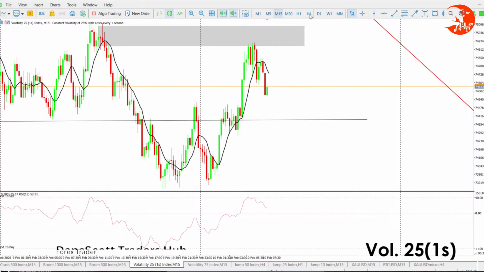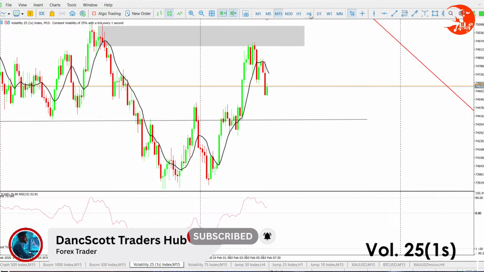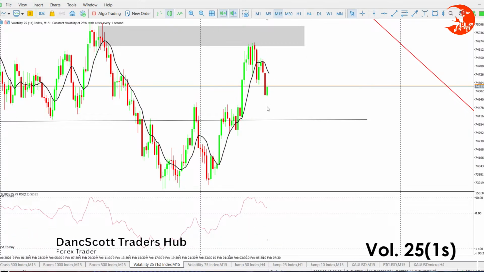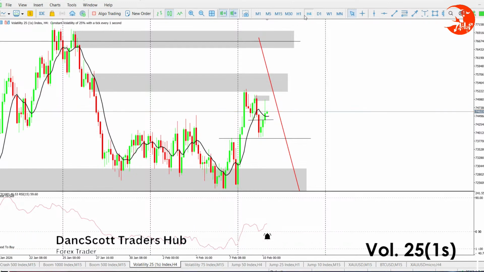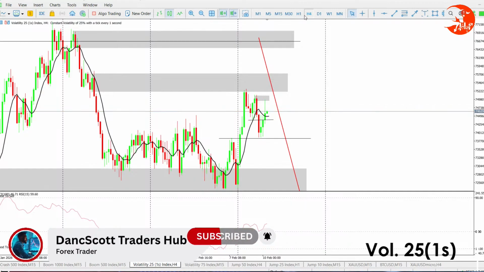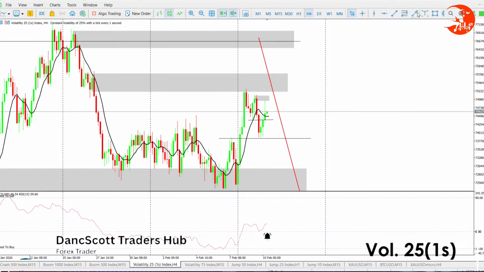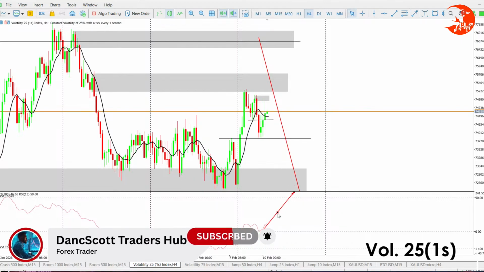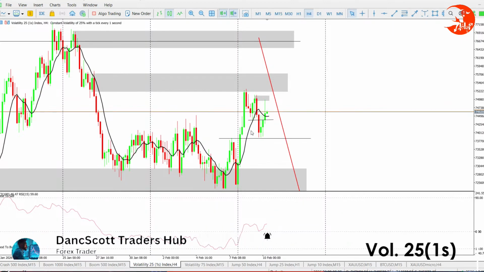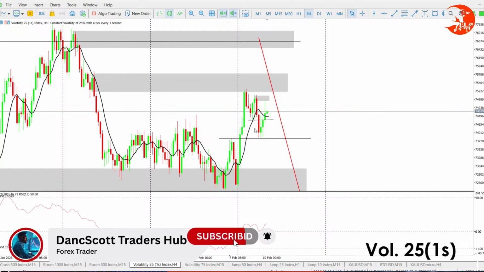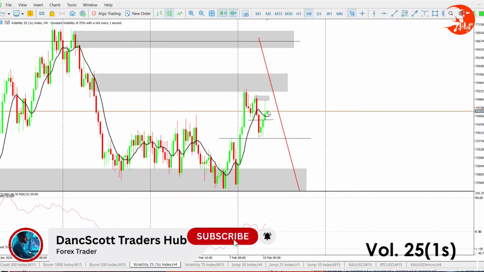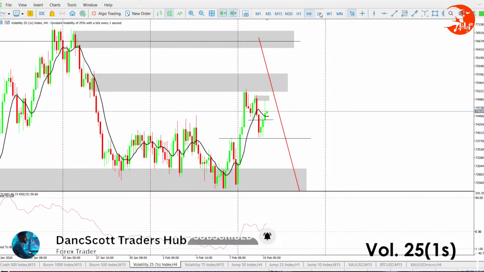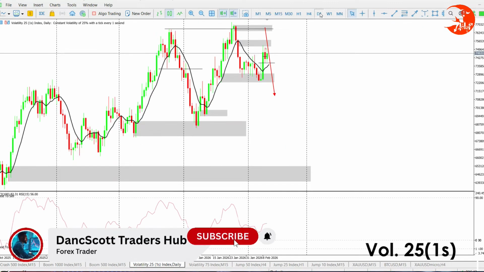I want to go back to H4. Yes, I'm seeing break of structures, change of character and whatever, but something seems a bit off. H4 price is still above our 10 MA, and clearly looking at the signal coming in from CCI, we should be looking for that according to CCI, but smart money says otherwise, which is a drop down. We have mitigated that OB like we wanted, then a drop should continue. I want to see what daily time frame is on. Daily time frame says we should be looking for sales.